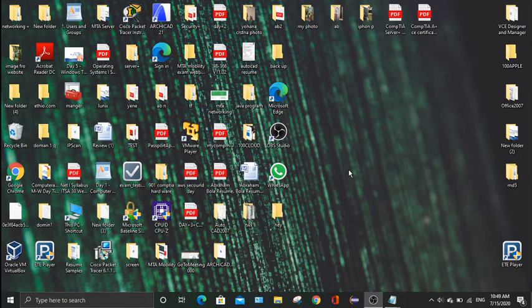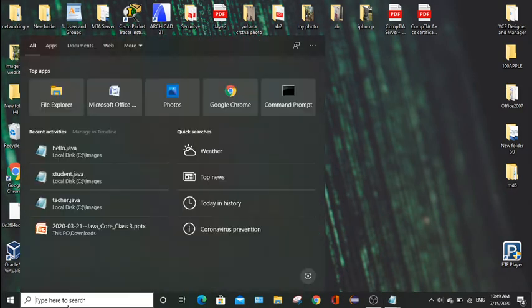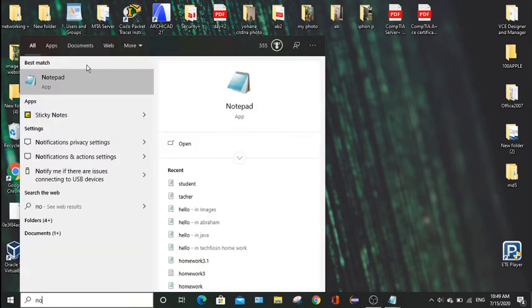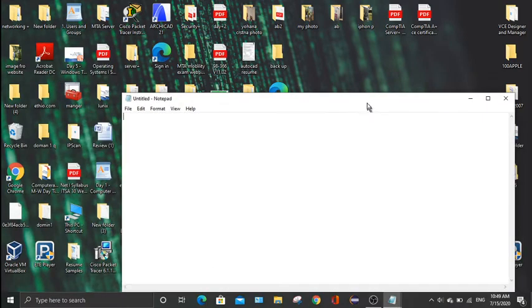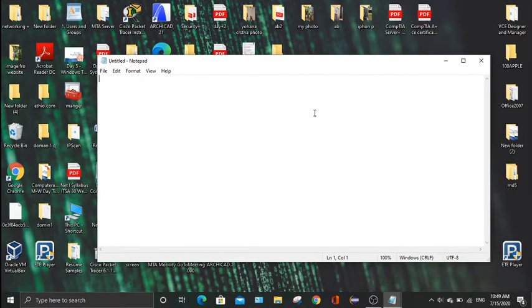Today I'm going to show you how to run JavaScript without an IDE, that means how to run the JavaScript with the command prompt or CMD. First, to do that, I need to open Notepad. Notepad gives me access to write down the Java